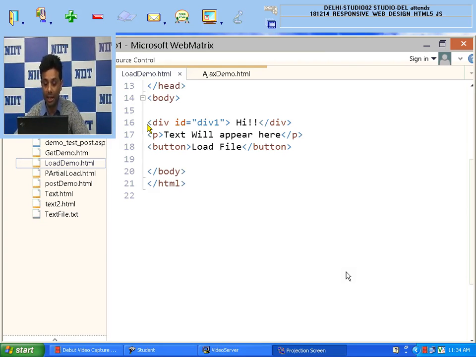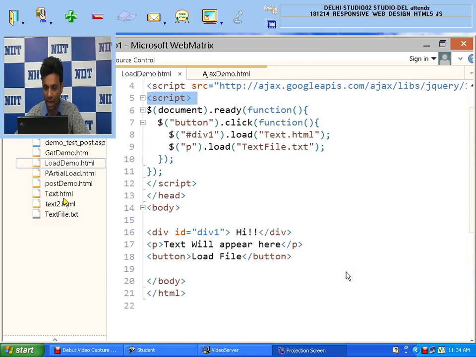Inside that div, I am giving a content, just a hi message, and then I am also using one paragraph. And what I want to do is, actually, I have files. The name of the file is text.html.